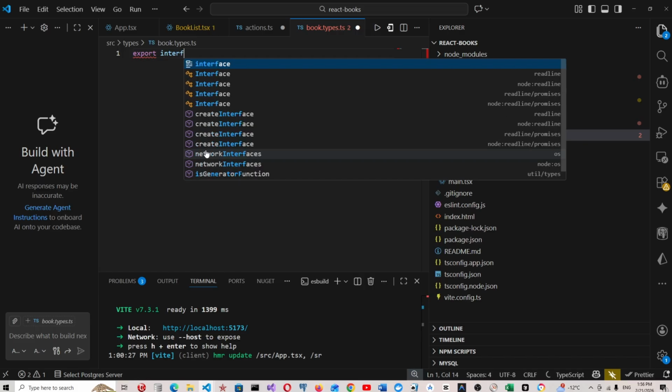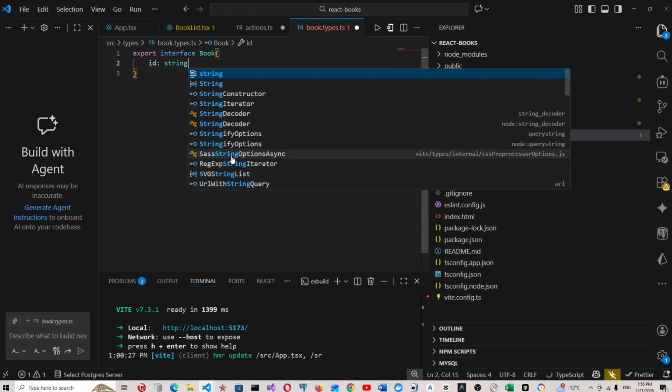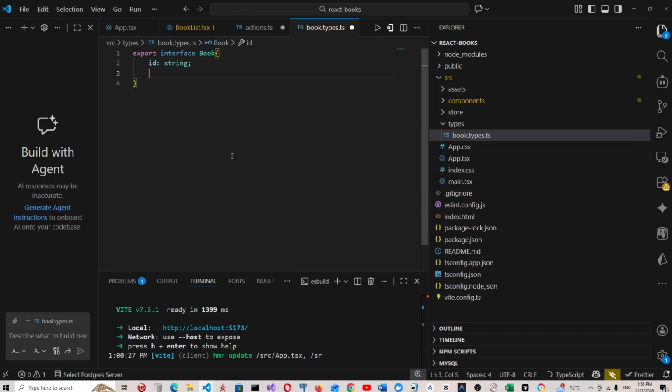This interface, book, has an id of string, and we have a volumeInfo